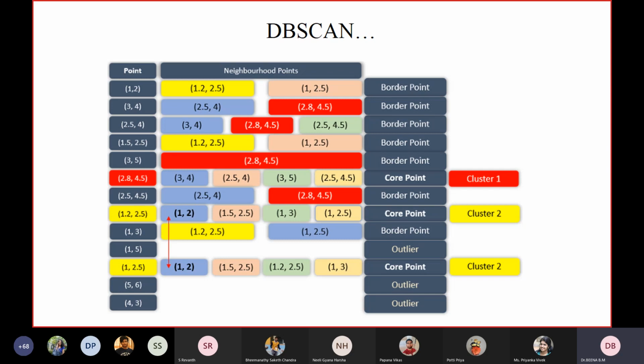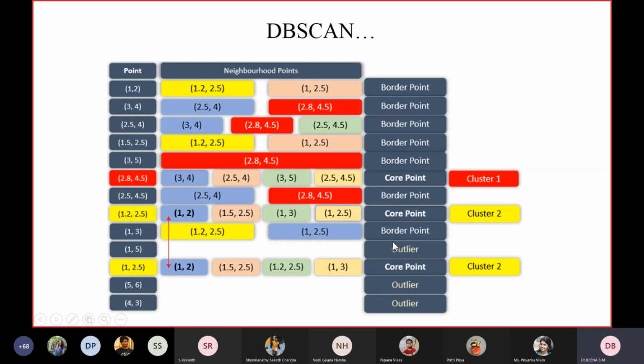This (1.2, 2.5) is a neighborhood for the data point (1, 2), and it is included in cluster 2. So point (1, 2) will also be included in cluster 2.